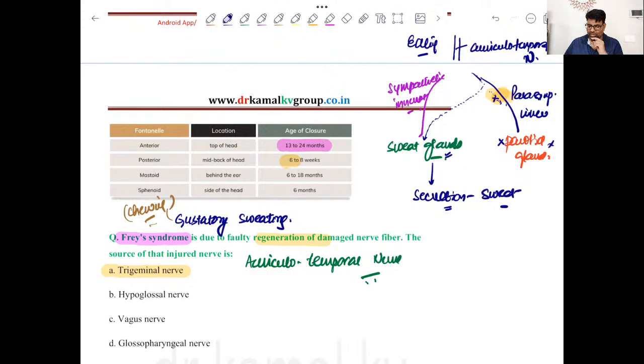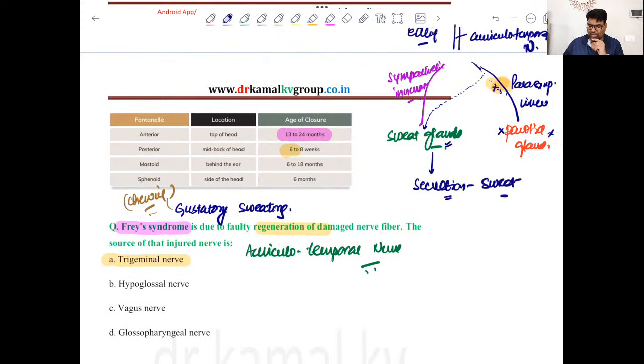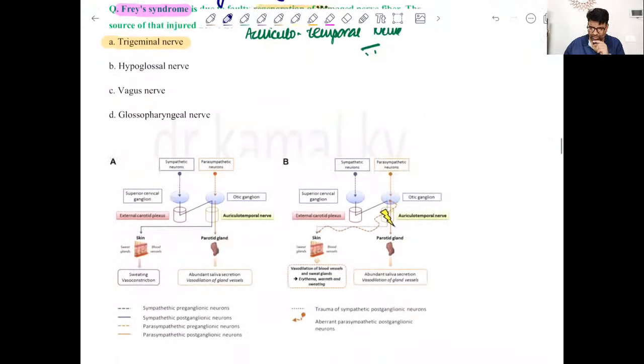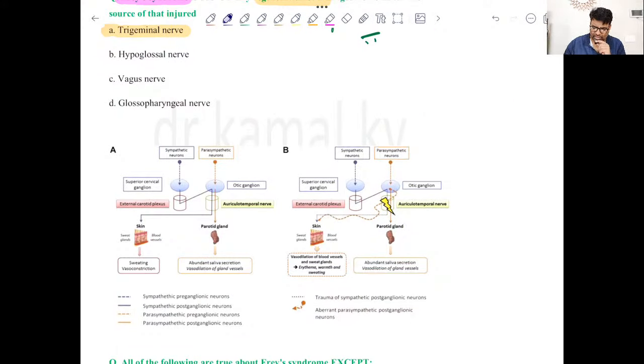Okay. So here, this is because of faulty regeneration, and instead of the regeneration which should have gone to the parotid gland, now it has reached up to the sweat glands. And as the command is coming for secretion, and it is going to sweat glands, so sweat glands are secreting the sweat. So that's why patient is eating food, but instead of saliva secretion, there is sweating, and that is known as gustatory sweating. So this is a very beautiful concept of Frey syndrome, and you can see here, this